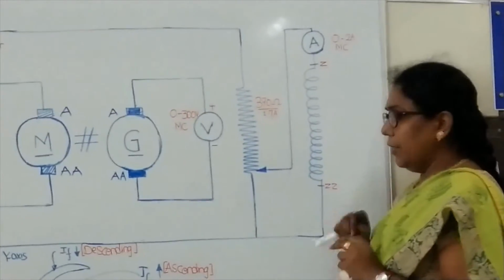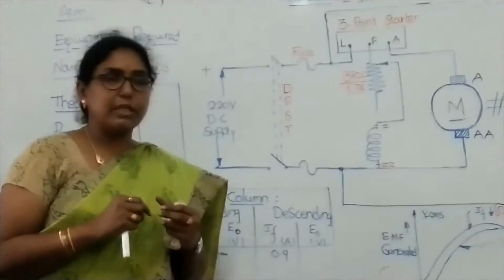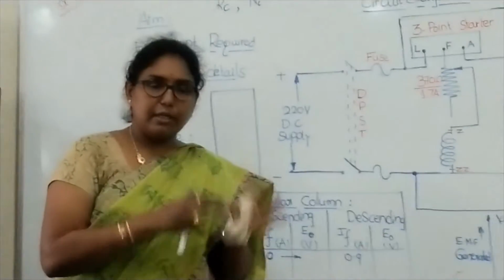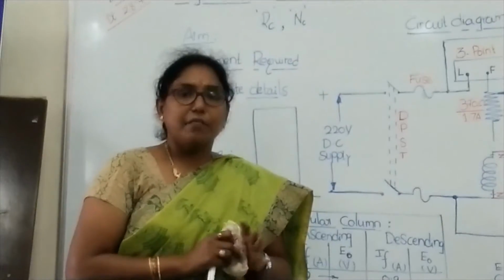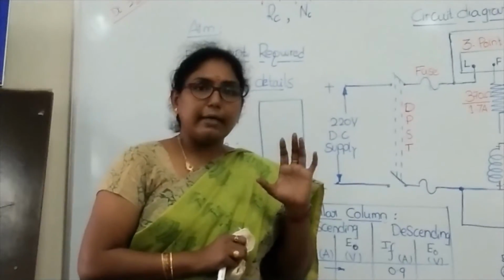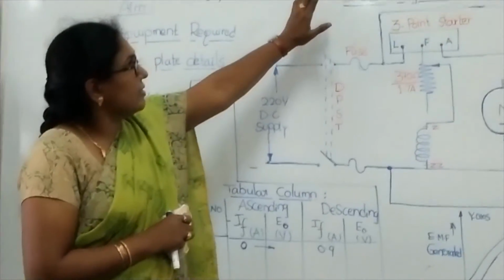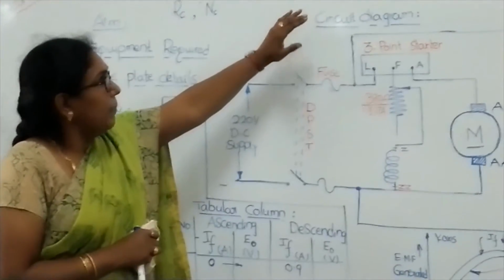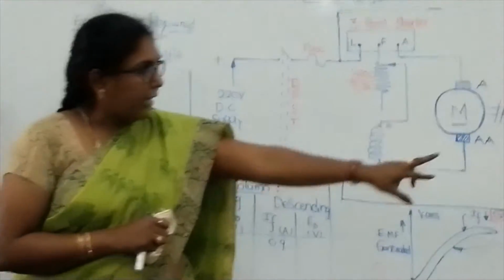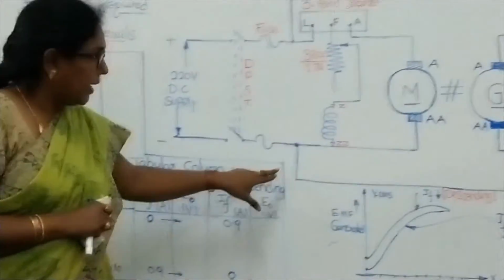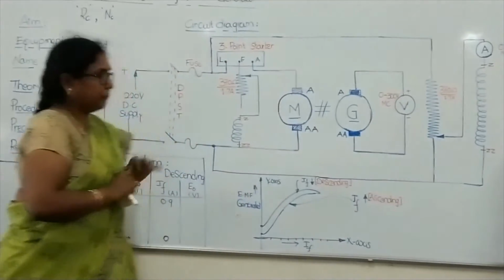Now let me tell you one point here. When we are conducting the open circuit characteristic curve, whether it is a shunt generator, a separately excited generator or any type of generator, first of all we need to excite the field winding separately. That's what we are doing here. Let us say I consider here a shunt generator, but whatever type of generator it may be, the field has to be separated and excited separately. That is what we have done by giving a separate excitation to the field winding here.